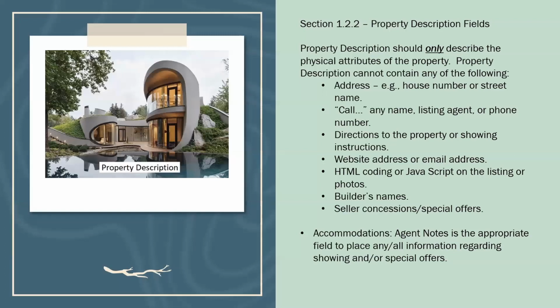So you may have a broker that says, no, we've always put that there. You can put it there. The rule is you cannot. The only thing that can go into the property description is something that describes the property. Cozy 2-bedroom underneath 3 palm trees. That works. Call me for more information. That doesn't work. The seller is going to put $10,000 toward a new roof. That doesn't work. All that information goes in the agent notes, and then it becomes the responsibility of the buyer's agent to explain that to their buyers.